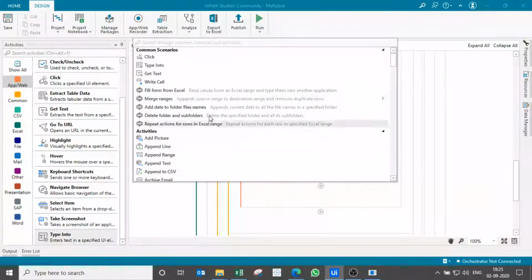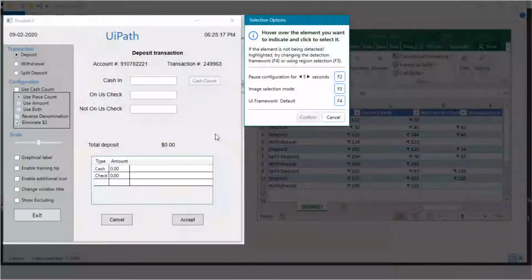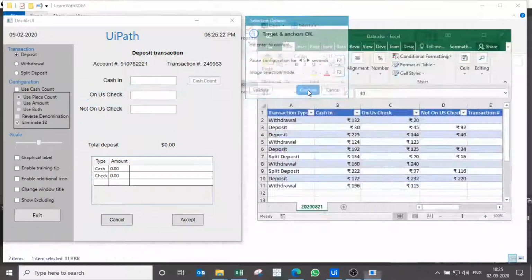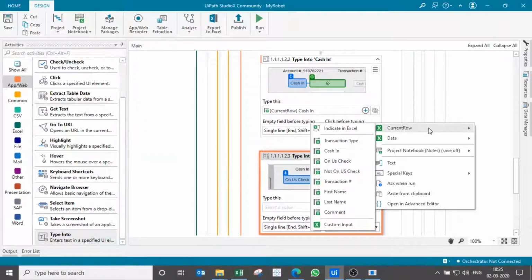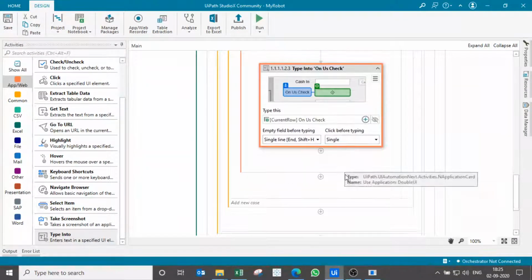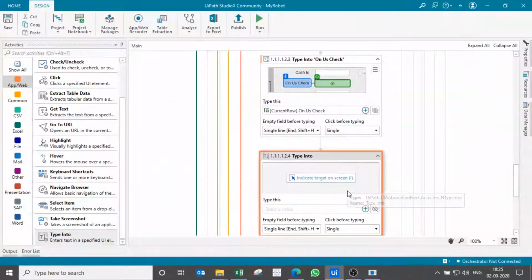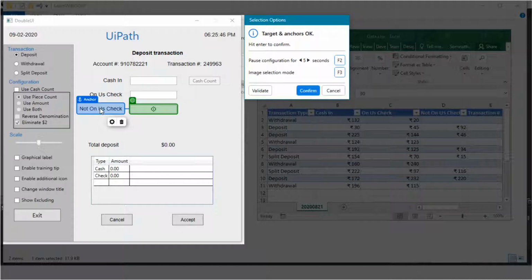By clicking this you can select this, and then again clicking on this, I want to select this one and then confirm it, and then again taking data from the current row and on as check, because I want to feed into the on as check field. Next again I can select this from here, and then again clicking on the target screen and then clicking here. Now it has again marked the anchor.